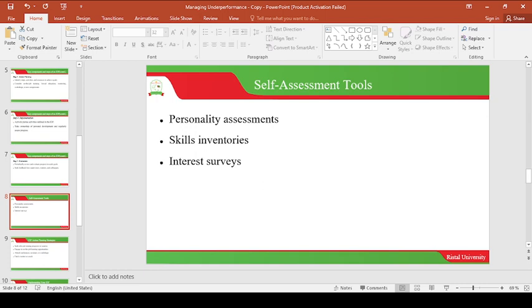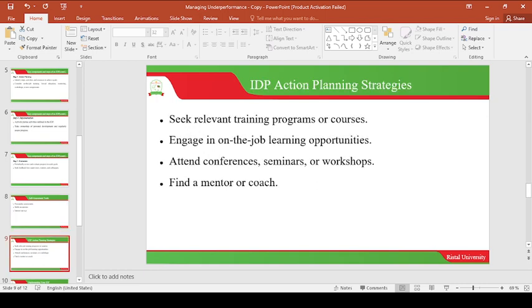Now let us look at the IDP action planning strategies. Strategy number one is to seek relevant training programs or courses. So you need to look for courses which are relevant, which are marketable. Don't go for courses which are not marketable.